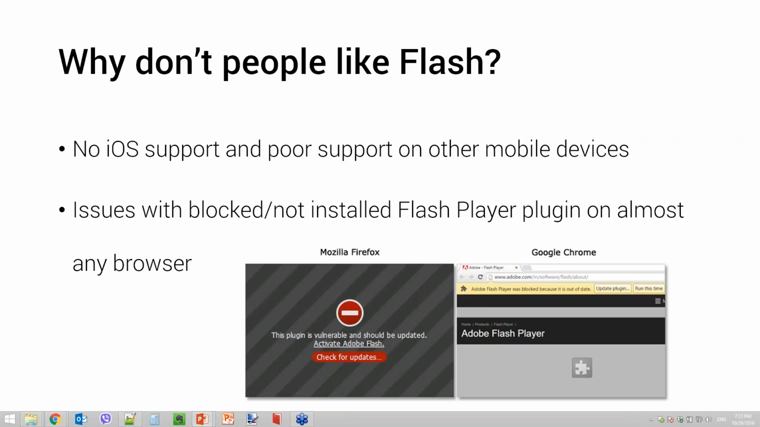So why don't people like Flash? First of all, everybody knows that there is no Flash support on iPads and other Apple mobile devices because Steve Jobs with Apple decided that it won't be the plugin they wanted to have on millions of their tablets and smartphones. And there was an official letter written by Steve Jobs in 2010 where he